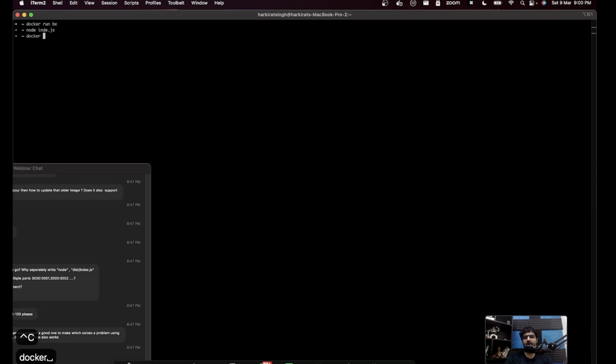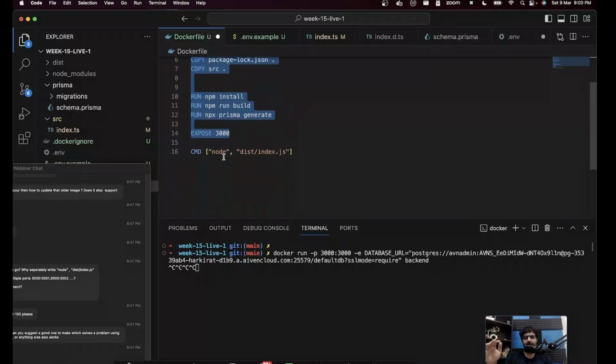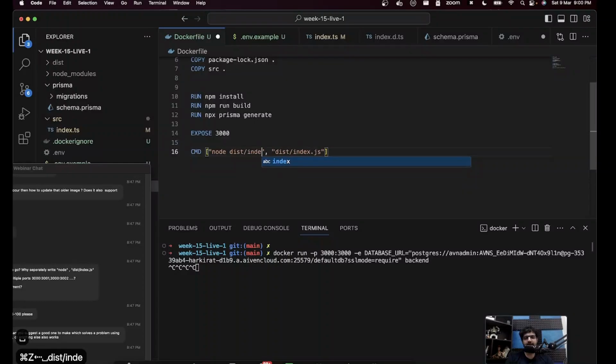Whenever you're running docker run exec -it /bin, whatever you're running, this is the command, and these are the arguments that you're giving to it. In various places you will see an array of commands rather than writing node dist/index.js, because you're not running "node index". You're running node and giving this as the first argument.